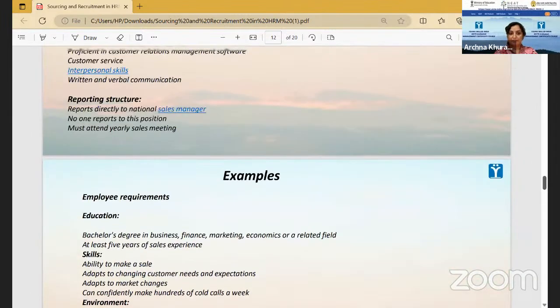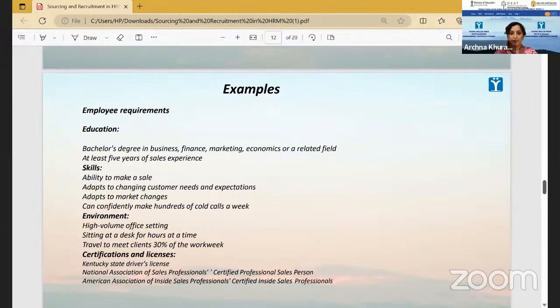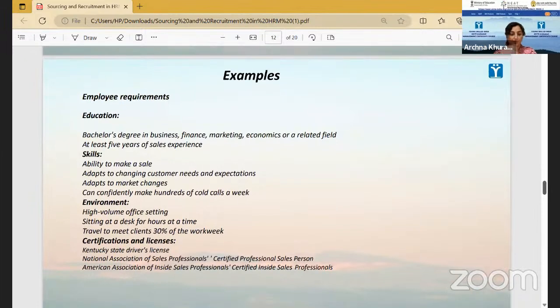Then another example. Sorry, same example. I think the education continues. What kind of education are you looking at? So, a bachelor's degree in any of these fields. Skills: ability to make sales, change with customer needs, adapt to market changes, and confidence, being confident enough to make different cold calls. Then environment: what kind of office setting the person would be working in, has to sit at a desk for long hours,